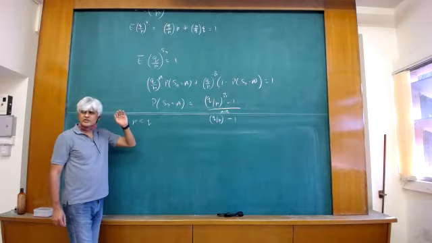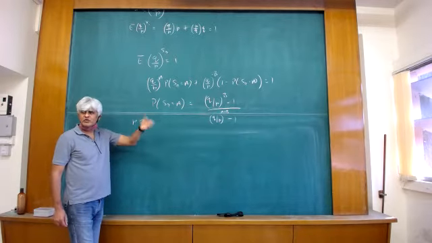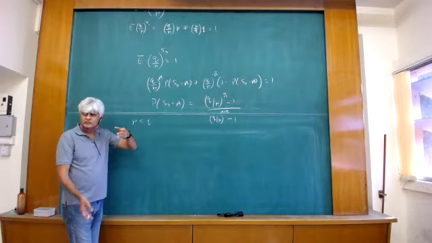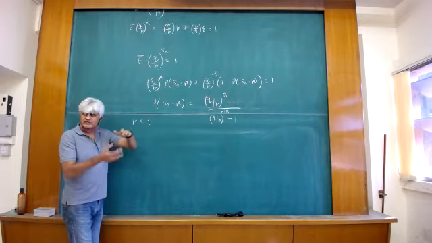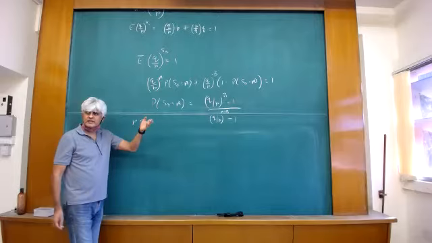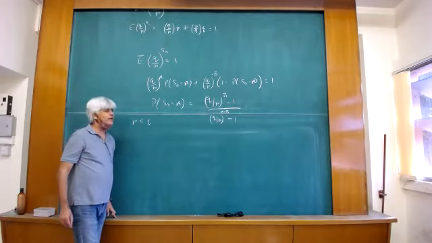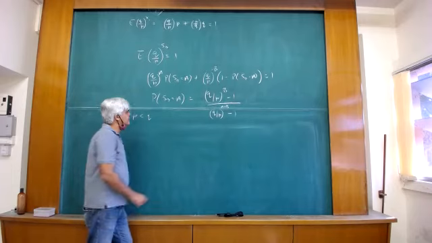So I ask myself, okay, what's the chance I hit level A at all? It's always greater than or equal to the probability that I hit A before B for any B. And as I let B go to minus infinity, this probability will converge to the probability that I ever hit A. So I can just take the limit of this as B goes to infinity, and that will turn out to be